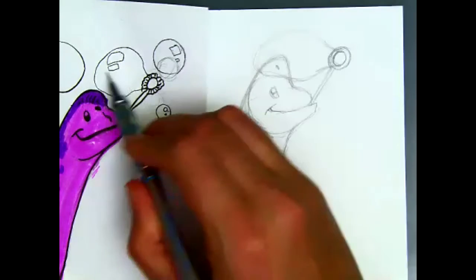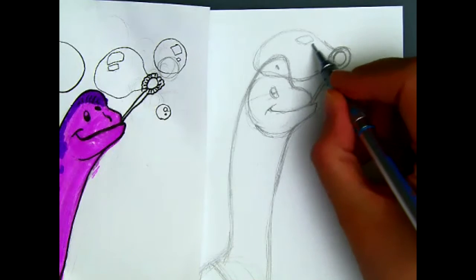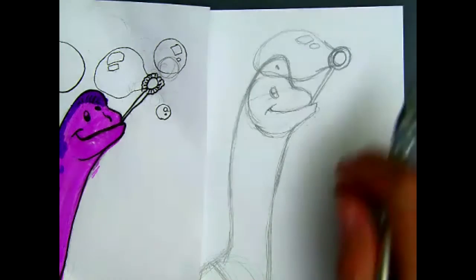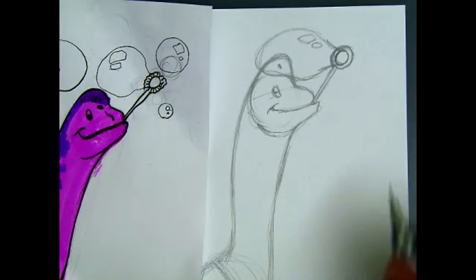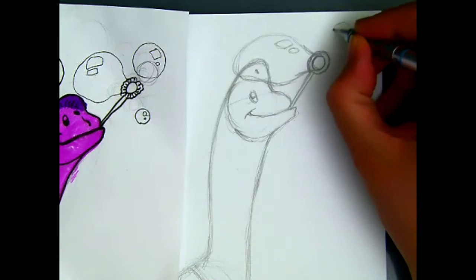And I like to put these more square-shaped shines on my bubbles for whatever reason. I don't even know myself. I suppose at one time I saw somebody else do it, and I stole like an artist, and that's how I do it now. All the other bubbles are going to be perfectly round,